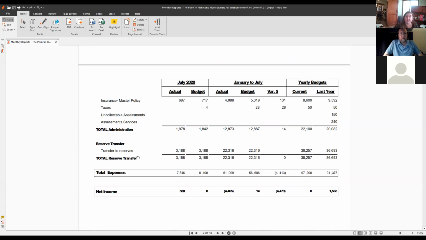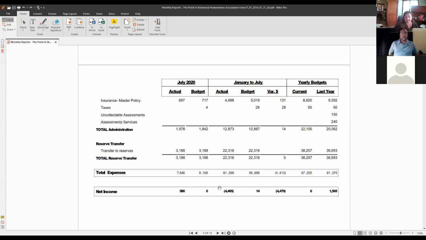And then down below here is your reserve transfer. So that should always be right on track. Certainly if for some reason they had low cash, we're still going to book that expense, but we're going to set it up as a due to, due from, kind of like a loan. They didn't fund the reserves accordingly, but to be sure that we keep on track with our numbers and to show that